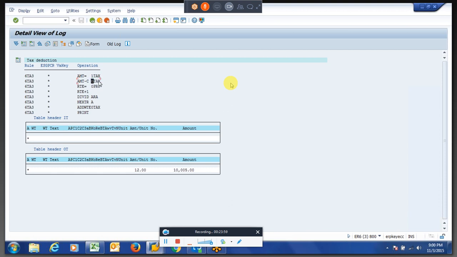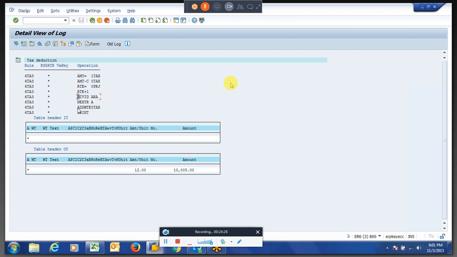So we are reducing from CRT table whatever the tax employee already paid. Okay, then we are checking the projection factor. Then we are adding one. I already said why we are adding one, current month plus future months. Then we are dividing that amount with the rate to distribute, means to deduct the amount in equal intervals in the coming months of the financial year.